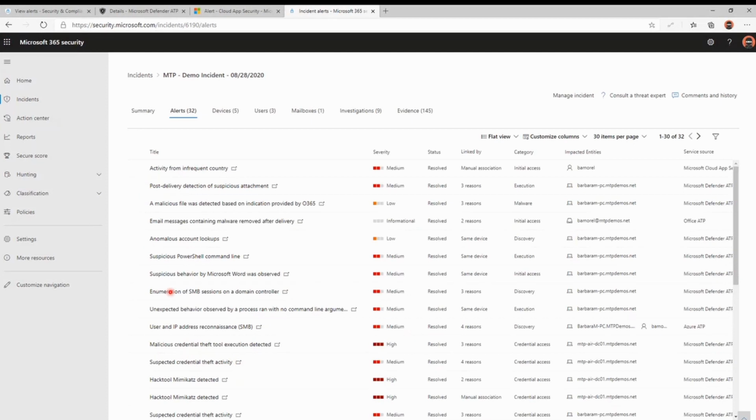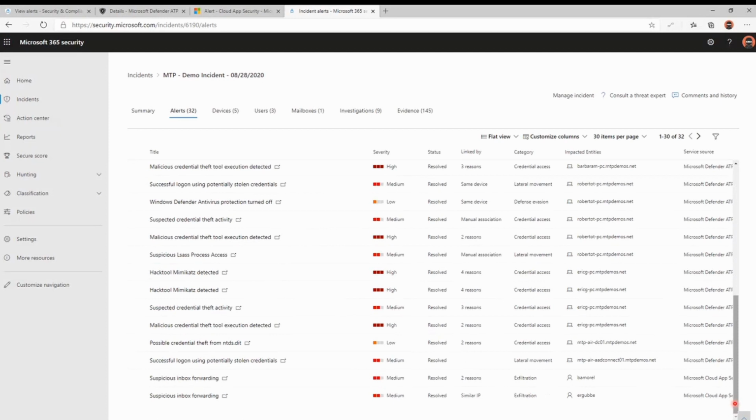So notice, for example, I see this alert: email messages containing malware removed after delivery. So we saw that earlier, didn't we? Scroll down. Notice I've also got one here, possible credential theft from NTDS DIT. We saw that back here under the Defender for ATP